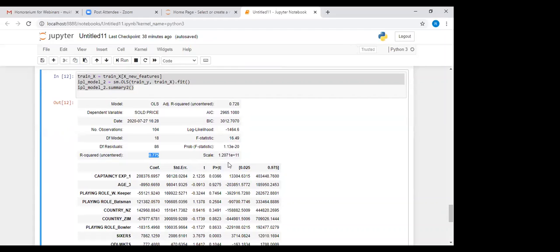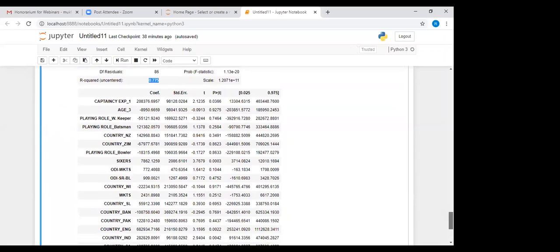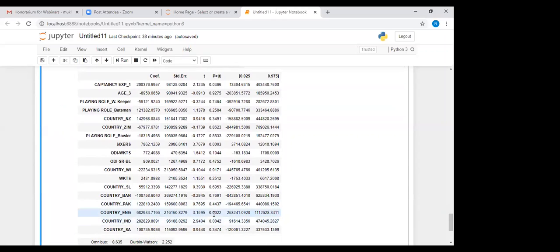We will find that the country India, country England, Sixers and captaincy experience 1 are the significant variables. Let's see. Country India and country England have less than 0.05 p-value.